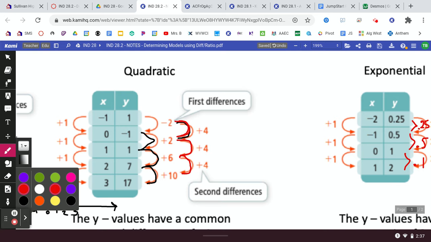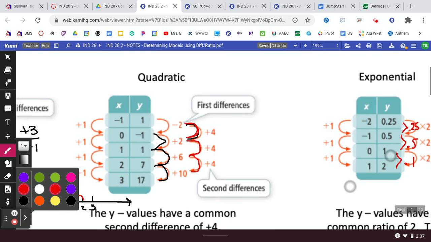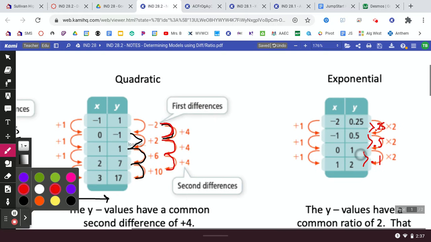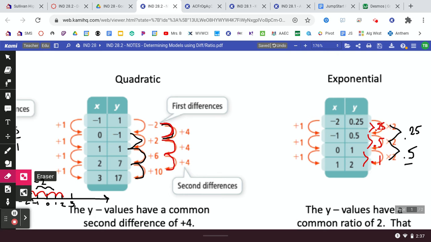Now I need to check quadratic. So I need to check second difference. And I'm kind of running out of room here because I'm going to be writing over the real answer, but ignore that real answer for a second. So now I'm going to check second difference, and I'm going to look at the difference between 0.25 and 0.5, which is 0.25. Then I'm going to check the difference between 0.5 and 1, and that's 0.5. And if you're not sure how to check the difference, just subtract 1 minus 0.5, and it's going to tell you the difference. Okay? I don't line up in second difference either, which means it's also not quadratic,